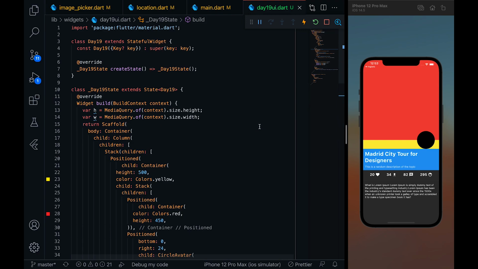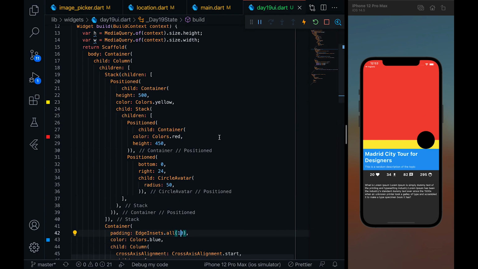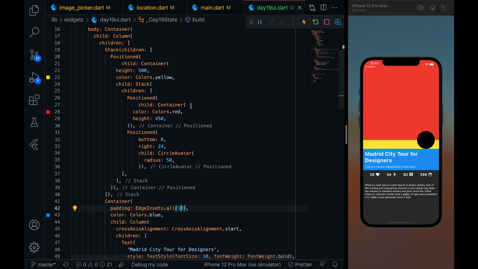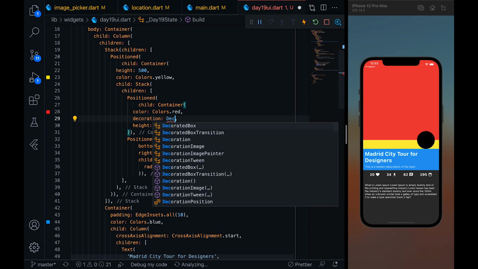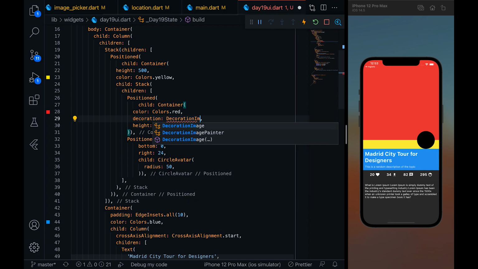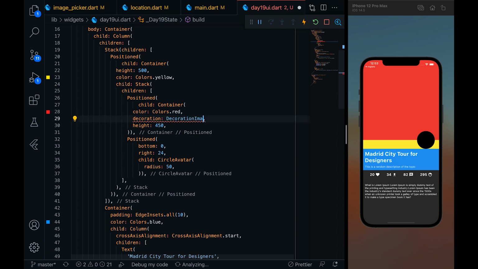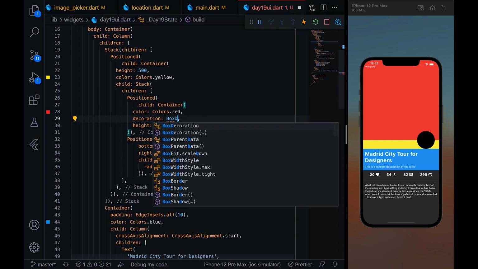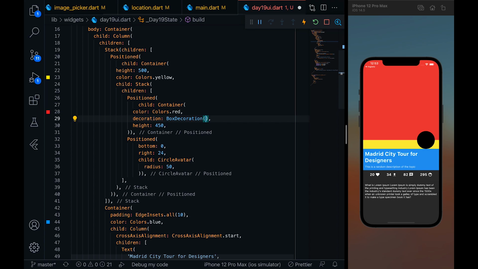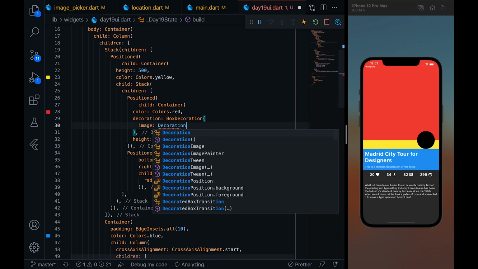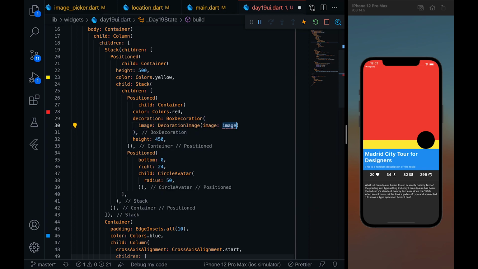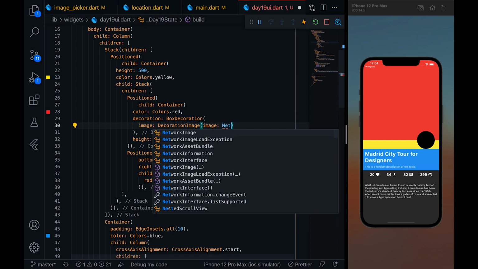So first thing that we want to do is to this red container, this is my red container, I'll give a decoration image. So let's work with that. Decoration image, and the image will, okay, box decoration, then image, then decoration image, and I can give it as network image.